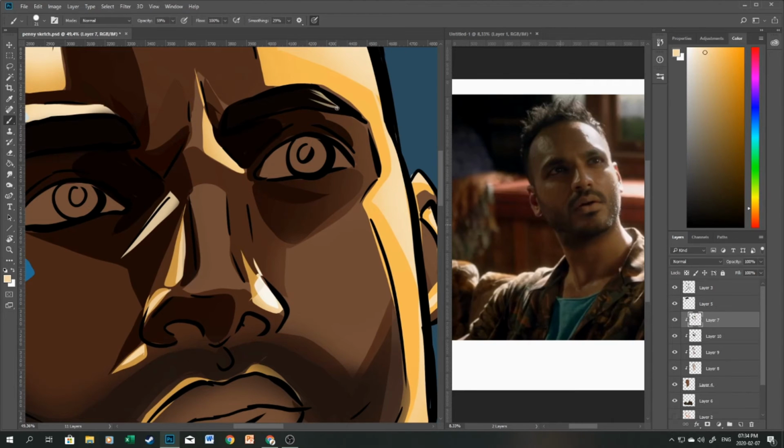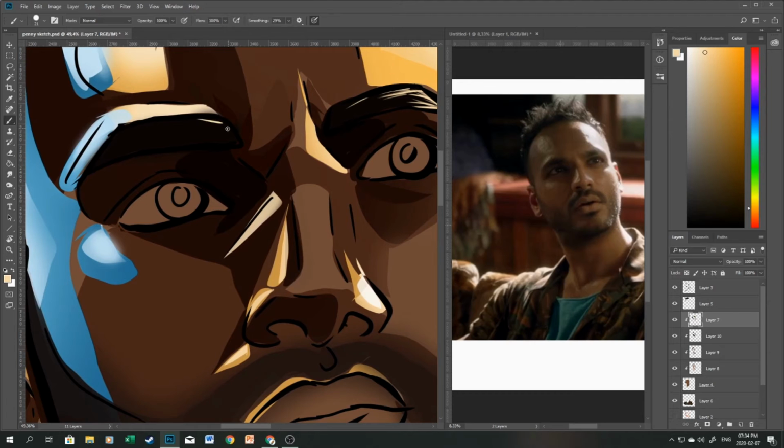Again, using the brush tool, I thought using that for the eyebrows would give it a more natural look instead of using the lasso tool. And yeah, same with the eyes, using the brush tool just to quickly add that in. Also, always